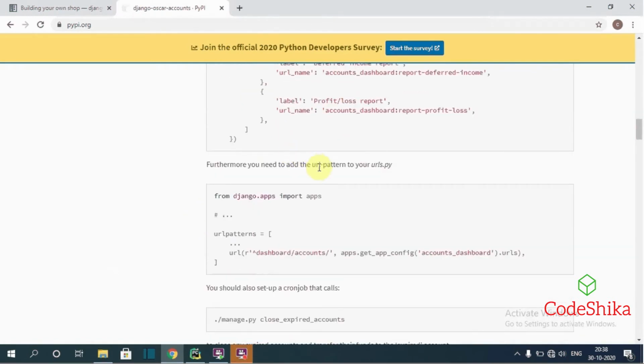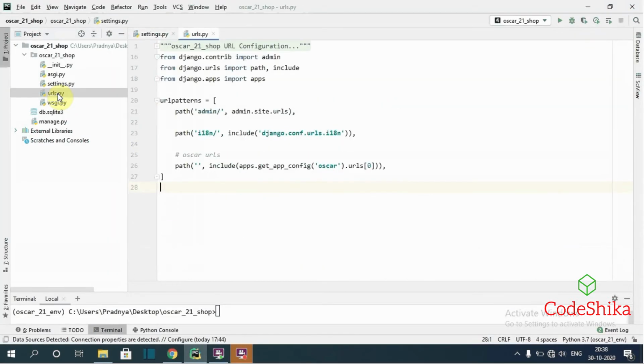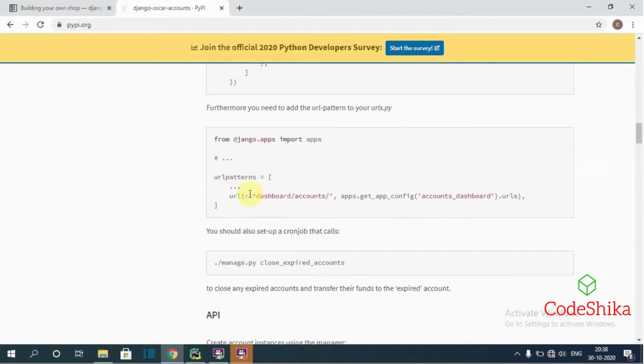After that we need to add the URL pattern to our urls.py file. So we should have this from django.apps import apps statement. I will open the urls.py file here. Okay, we already have this statement. Next we need to add this Oscar accounts URL. Let's copy this.